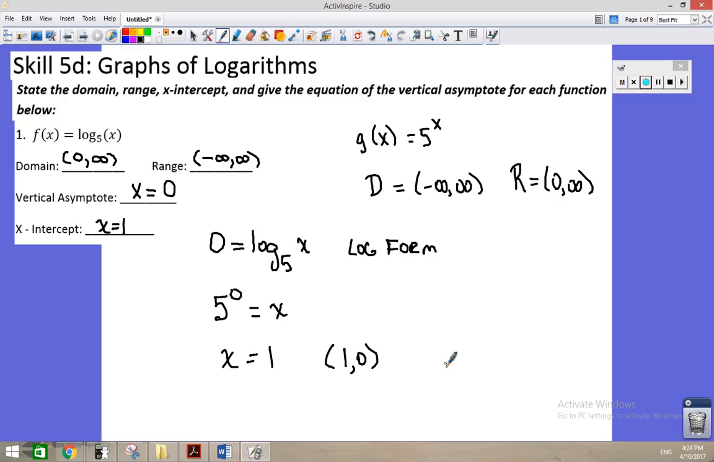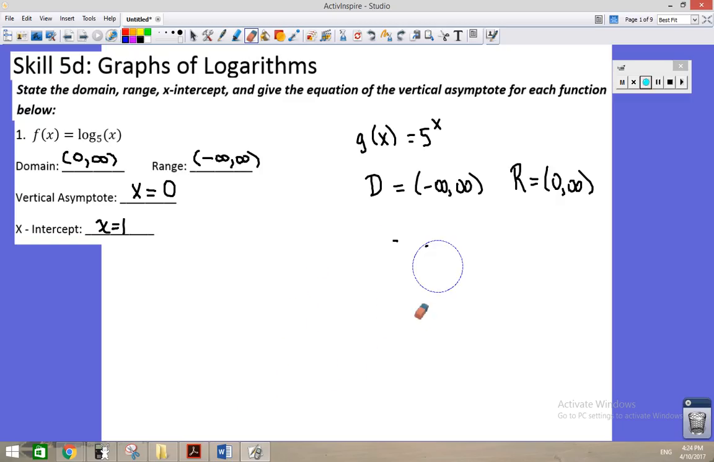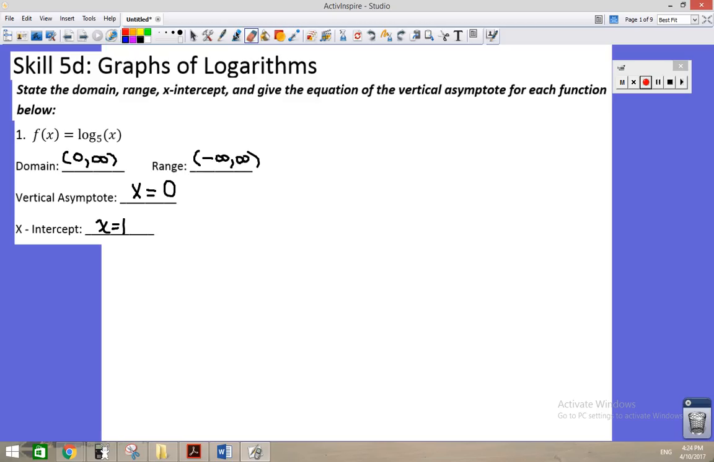So let's go ahead, before we sign off, and do a quick sketch. There was no shift to the left or to the right. It was just a basic logarithmic function. So with this x-intercept of 1,